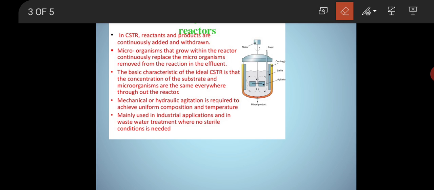ऐसे नहीं होना चाहिए कि आपने जो एंटी फोम ऐड किया है उसका कोई साइड इफेक्ट हो रहा है प्रोडक्ट फॉर्मेशन में। ओके, दैट मस्ट नॉट ऑल्सो बी द केस। सो इट ऑल्सो डिपेंड ऑन द प्रोडक्ट विच इज बीन प्रोड्यूस्ड इन द फर्मेंटेशन टैंक, प्लस एरिएशन रेट, राइट, आप कितना अमाउंट में ऑक्सीजन प्रोवाइड कर रहे हैं। सो इट ऑल्सो डिपेंड ऑन द एरिएशन रेट। लास्टली इट डिपेंड्स ऑन दी हेड स्पेस वॉल्यूम, मतलब आपका कितना वर्किंग वॉल्यूम ऑक्यूपाई हुआ है और कितना हेड स्पेस वॉल्यूम ऑक्यूपाई हुआ है, तो उस हिसाब से एंटी फोम एजेंट्स उतने अमाउंट में यूज किए जाते हैं। सो दैट इज द फोम कंट्रोल सिस्टम।